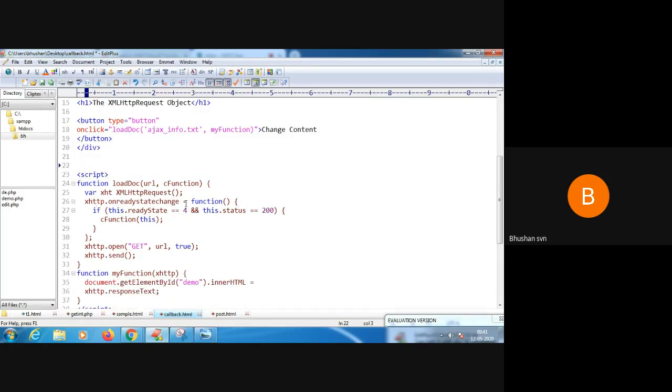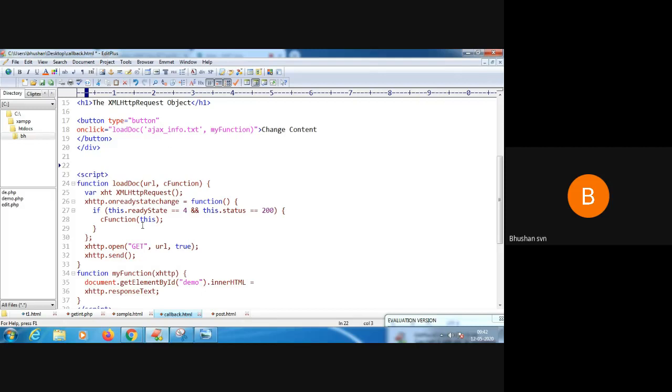So now I want to execute a function. I'm going to call a function which is assigned to onreadystatechange. If this.readyState is equal to 4 and the status is 200, you execute this specific function, cFunction.